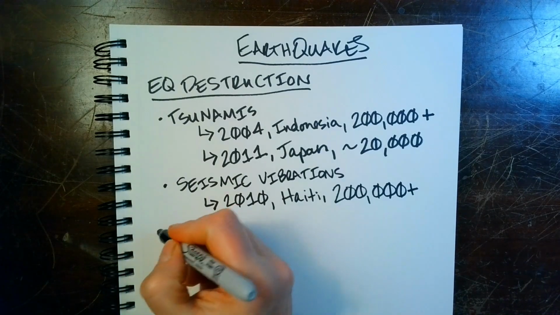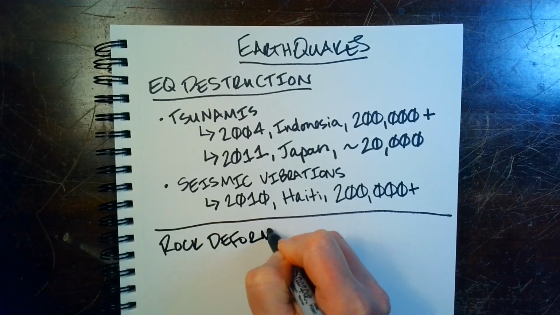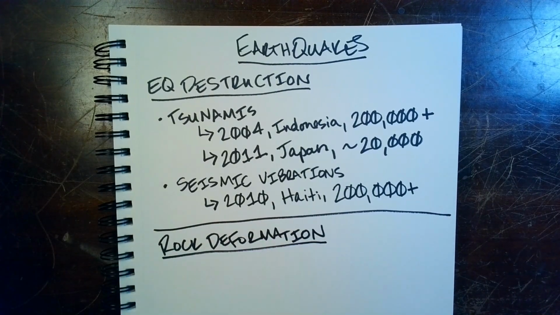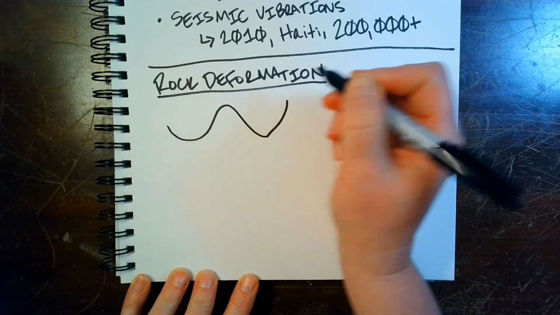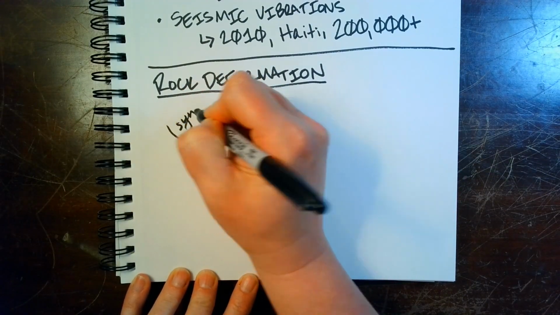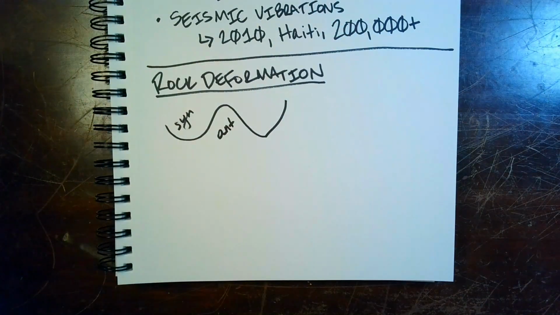Moving on to rock deformation. Over time, Earth's constant pressure and release reshapes the landscape. When rocks are compressed, they form anticlines and synclines, which create crest and trough looking structures in the layered rock. We often don't see these structures until erosion or drilling exposes the tilted sedimentary layers.